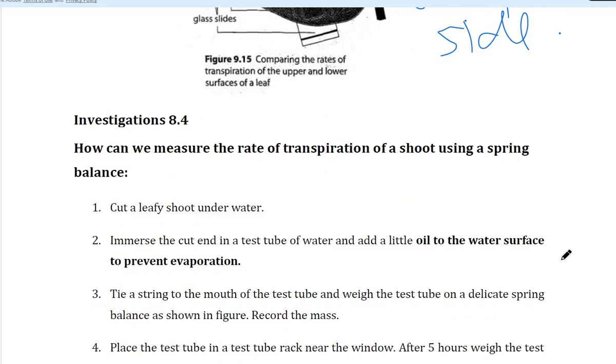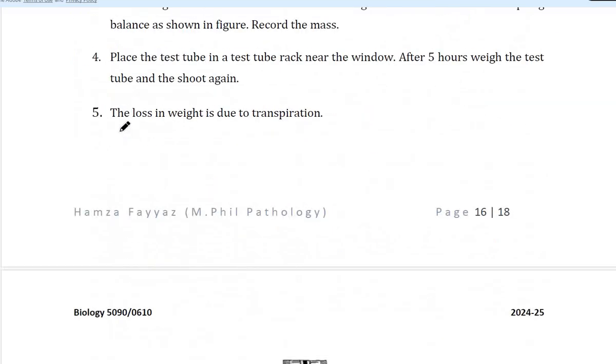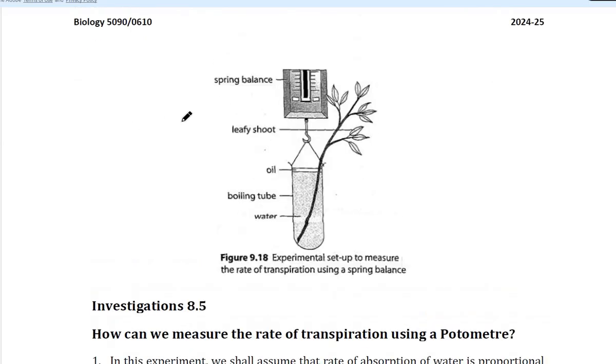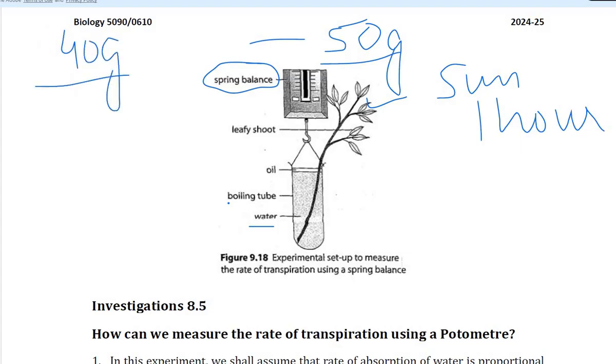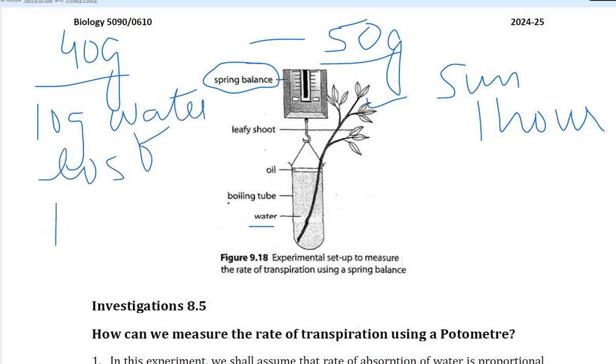नेक्स्ट एक्सपेरिमेंट पे आते हैं, हाउ कैन वी मेजर द रेट ऑफ ट्रांसपायरेशन। सेम एक्सपेरिमेंट है, हमने एक स्प्रिंग बैलेंस लिया, उसके साथ हमने टेस्ट ट्यूब को हैंग कर दिया जिसमें वाटर था, एक प्लांट था और बॉइलिंग ट्यूब थी, और सपोज जो स्प्रिंग बैलेंस पे रीडिंग आ रही थी वो आ रही थी 50 ग्राम। अब हमने इसको रख दिया ब्राइट सनलाइट में फॉर 1 आवर। तो हमने देखा 1 घंटे के बाद रीडिंग आ गई 40 ग्राम पे। इसका मतलब है 10 ग्राम वाटर लॉस्ट हो गया ड्यू टू ट्रांसपायरेशन। मिसाल दे रहा हूँ समझाने के लिए।